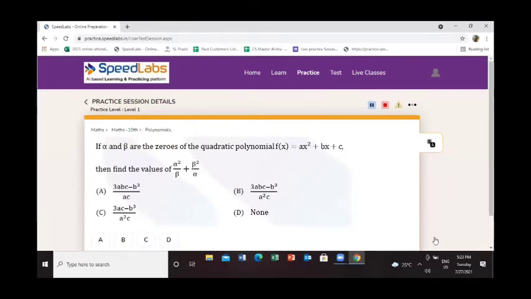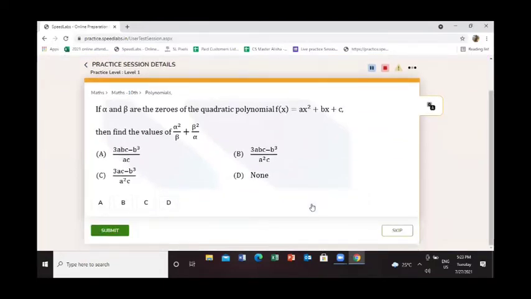Okay. So your practice session has begun. Now this portal has more than 1 lakh questions for you, so you can practice as many questions as you want to. Now these are the questions that have come across. It is very important for you to literally solve the question and then give your answer. You cannot randomly just give any answer.